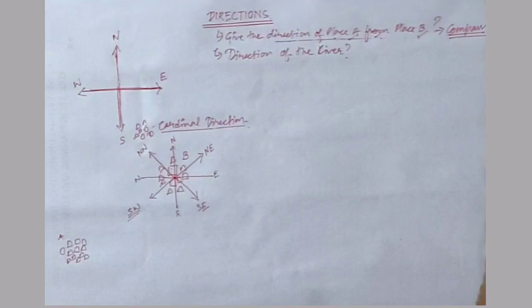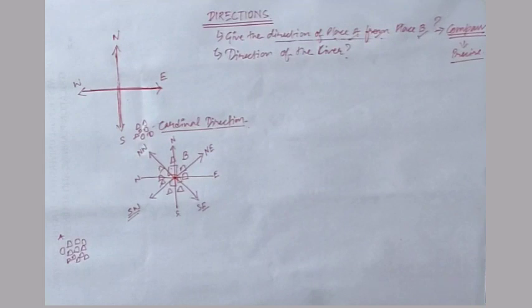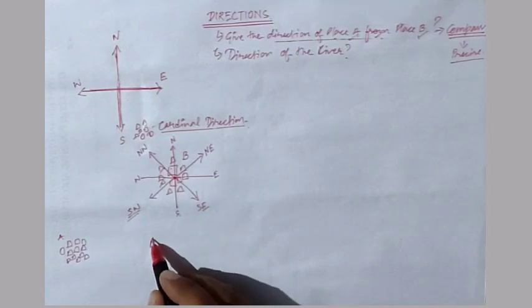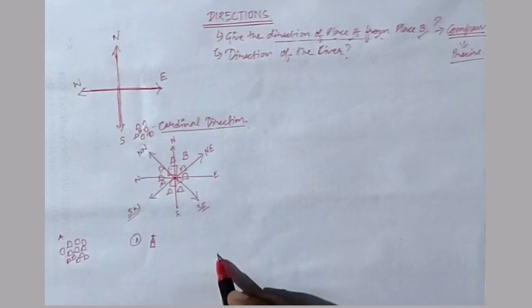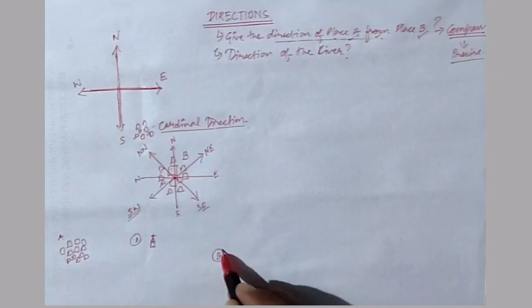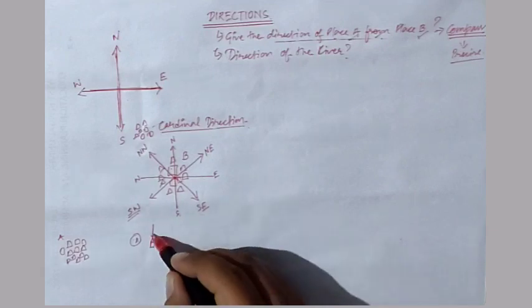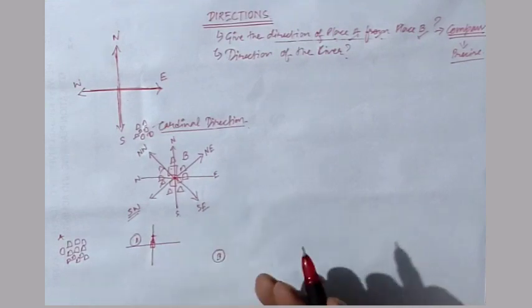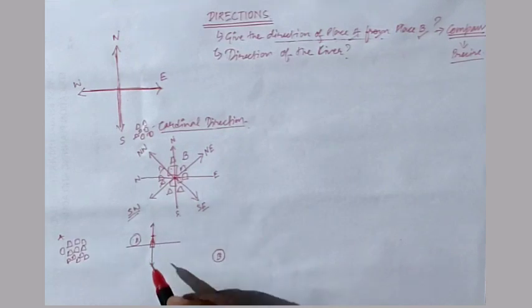Now if compass direction is used, they are asking for the direction of the place in a much more precise form. So how it was done: supposing a temple is here, place A, and place B is somewhere here, or a temple or a spot height or any other thing. Here also we will draw the cardinal directions with the help of a scale. Here I am roughly doing it with the pen, but you need to do it with a pencil and draw straight lines. Make sure you draw straight lines.